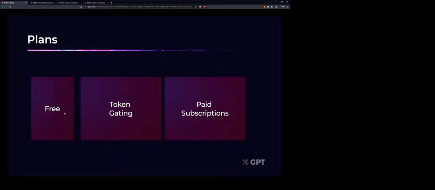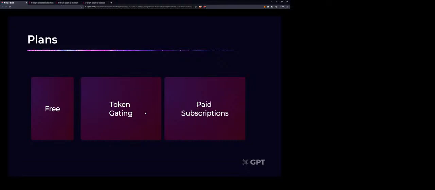We will have a free tier where very basic functionalities will be available for the user. For example, just executing a trade, but all this price prediction, analytics, risk analysis, etc., will be paid. It could be done two ways. One is through a paid subscription, so you can just use your credit card to get a monthly subscription and start using it, or token gating.